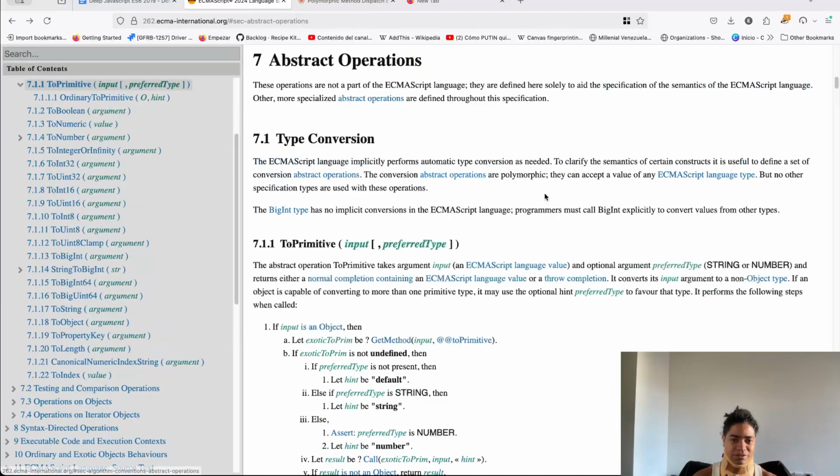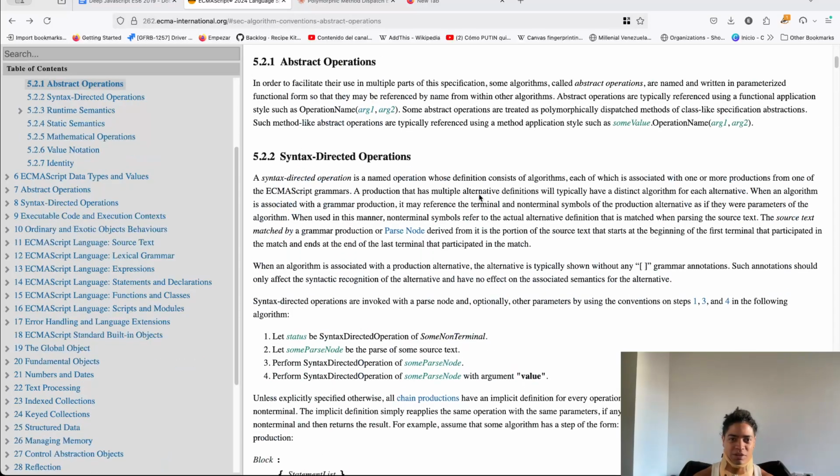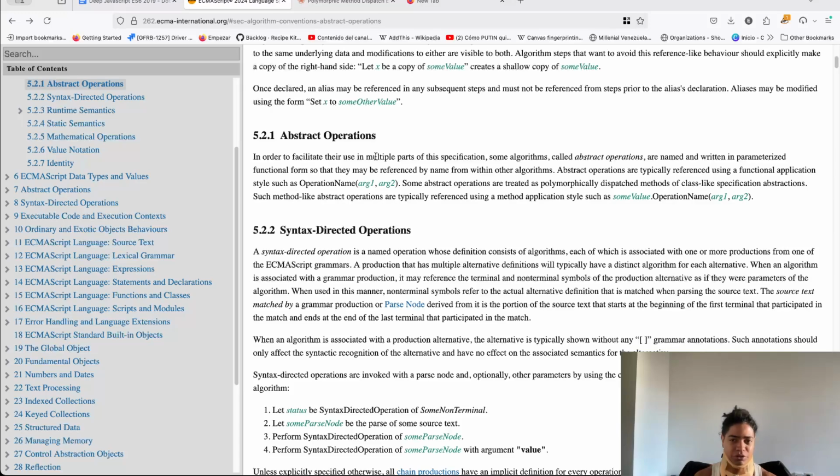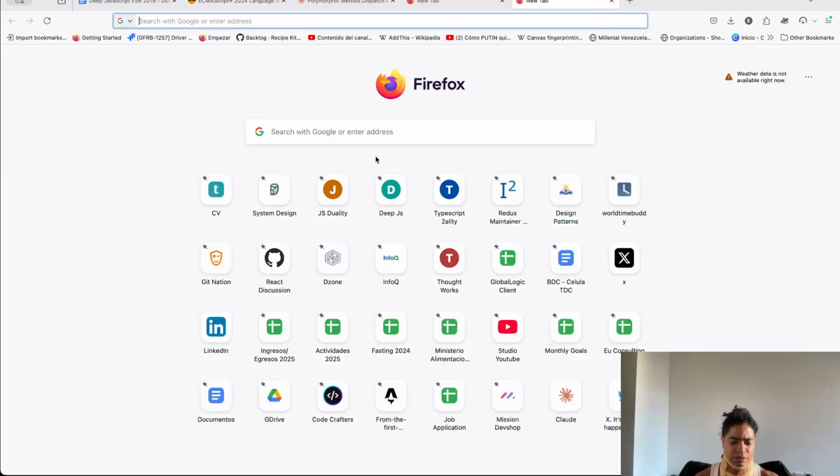And again, you may wonder, why do we even care about this? Well, because these abstract operations, these algorithms, which are written in this way, are the foundation to understand the behavior of one of the most controversial syntax in the language, which is the double equal. A lot of people say, no, I'm not going to use that because I'm going to ditch it, so I'll be safe if I don't use it. Or following some concept from Doug Crockford,